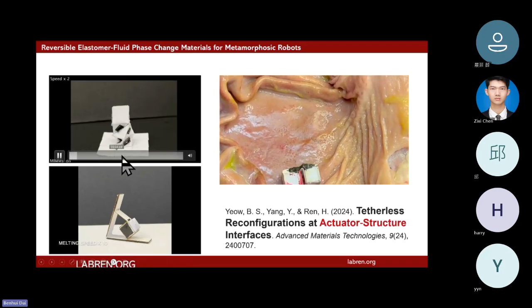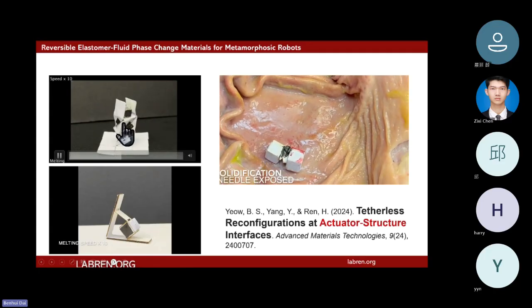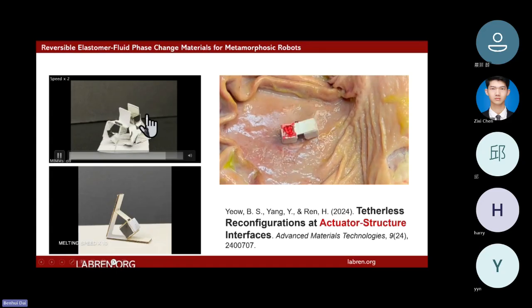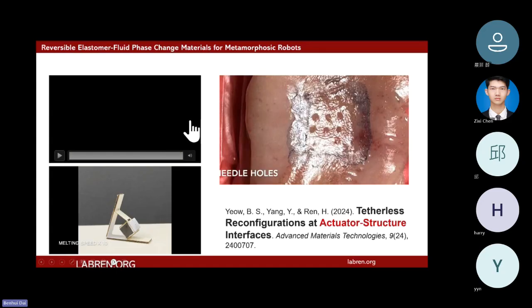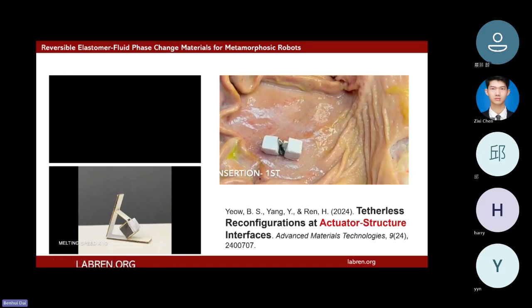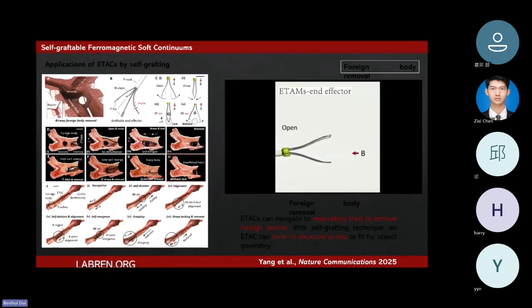So there are many ways, because we can control the origami interface to constrain the structure, and then we can, for example, melt down the constraint, and then they can be reconfigurable. We can change the kinematic configuration on site. So that's the origami graftable material, the reconfiguration. So what about the continuum and the really tiny, soft sub-millimeter